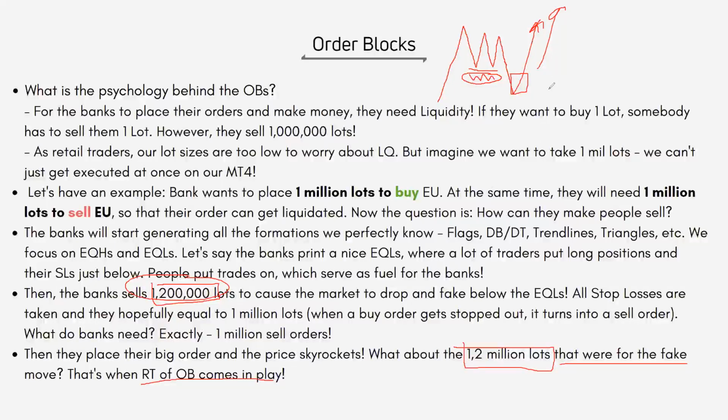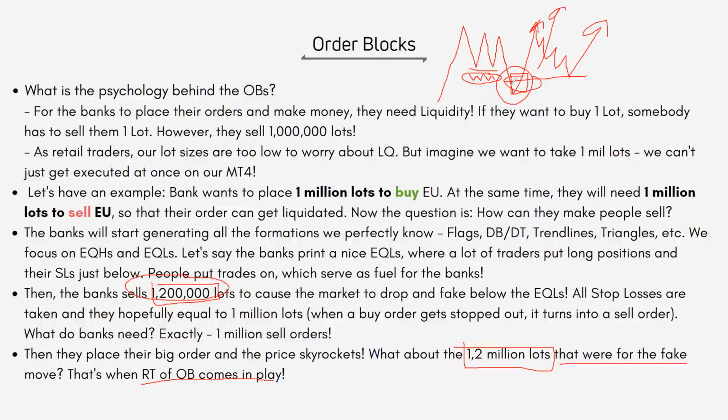So what it's going to do, again, this is when the retest of the order block comes into play. Why? Because again, once the market has created this OB, once all the liquidity is taken out, what the banks are going to do, they're going to price the market lower. Why are they going to price it right there? All right, little question. Because this is where they're going to exit at break even. They're going to have new liquidity right there generated. This is when they went on a drawdown. So they're going to try to get out of their position at break even and launch even more positions to go to the upside. Right? So this is how this OB was created.